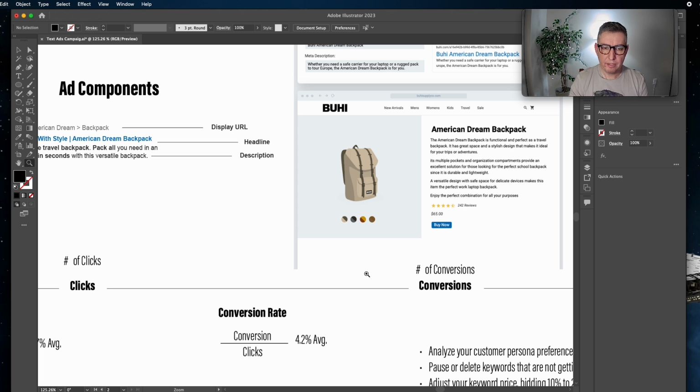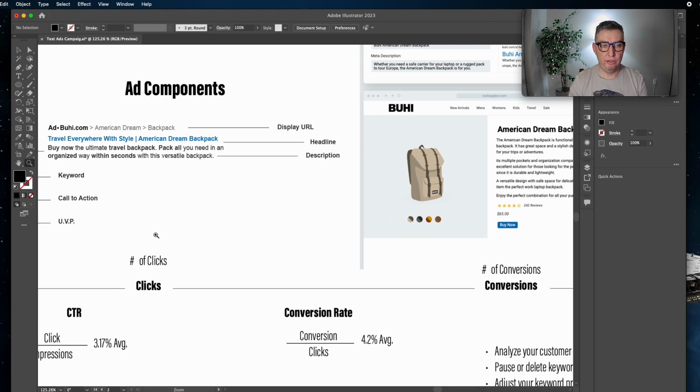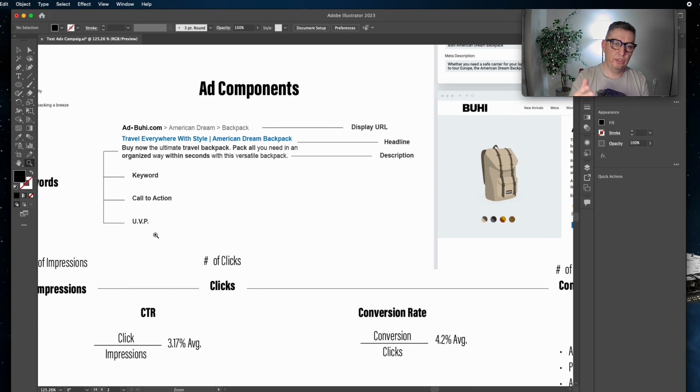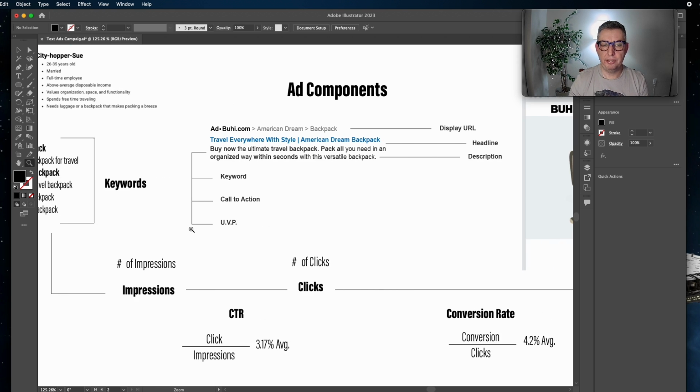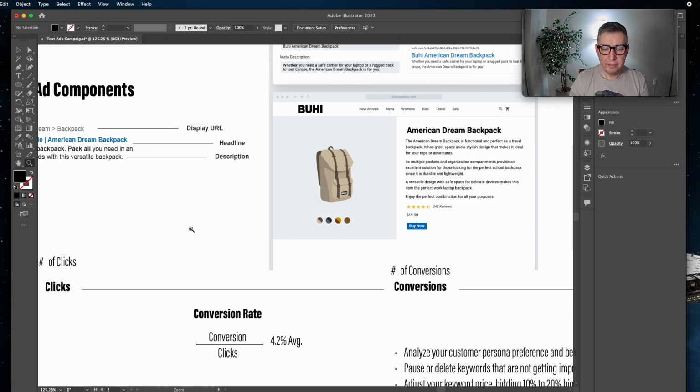Okay, but again, a good number of conversions means that the information on your landing page is good. A good number of clicks talks about your ad components, and a good number of impressions is basically determined by the keywords you have selected. Okay, so